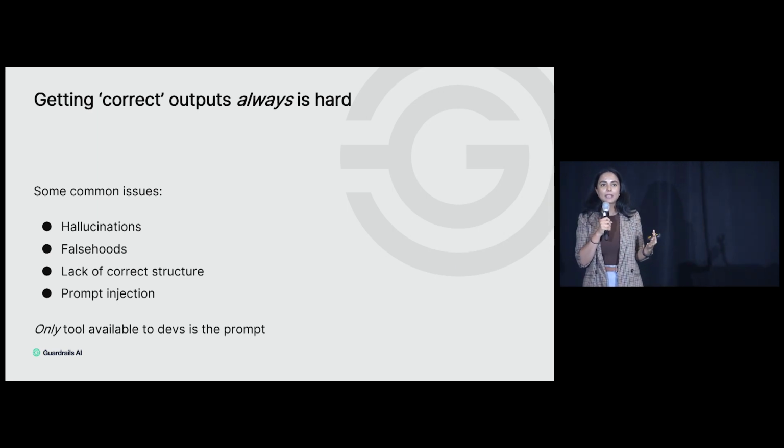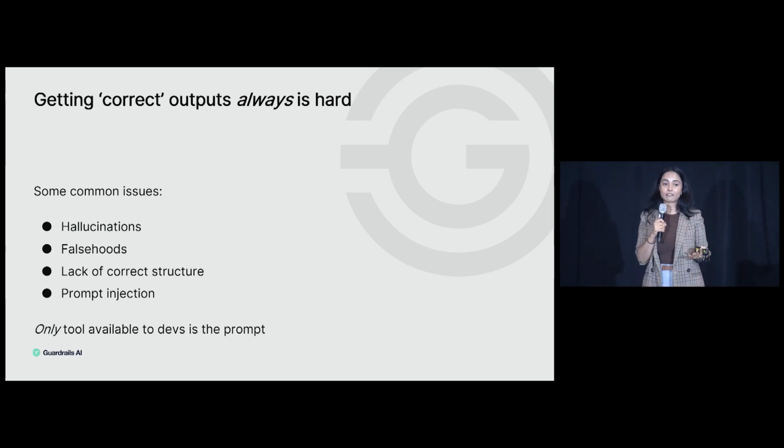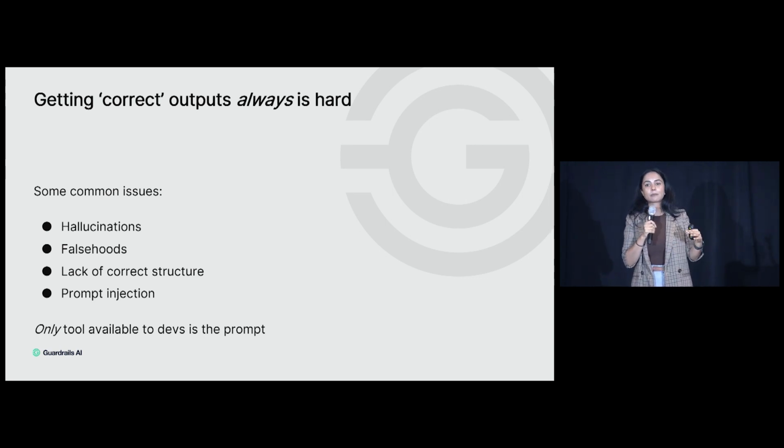To exacerbate this, we're in a pretty novel situation where the only tool available to you as a developer is the prompt, right? So if you wanted to work with any of these issues, all you typically do is write a prompt that says really, really bad things will happen if you don't, maybe, give me a JSON structured output,